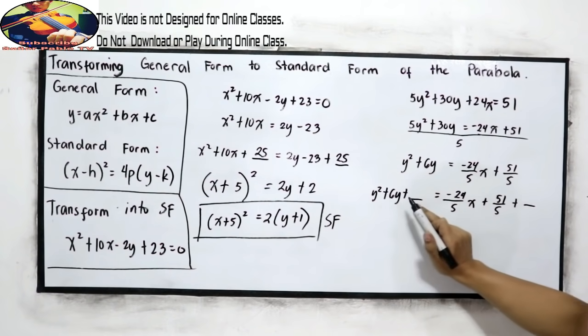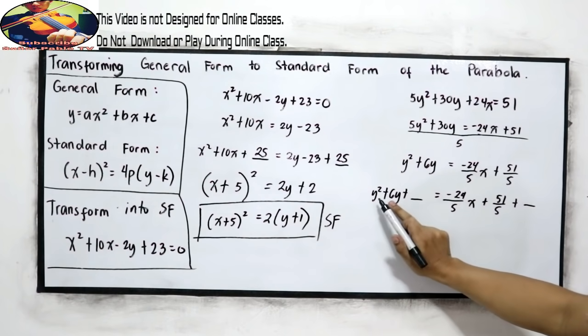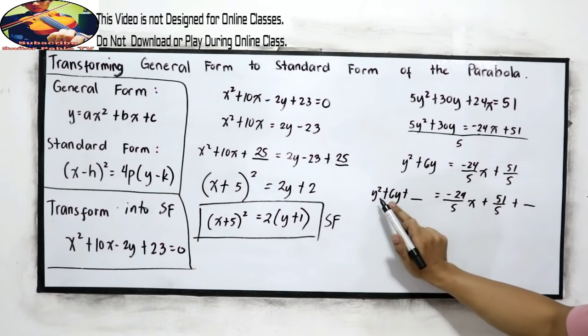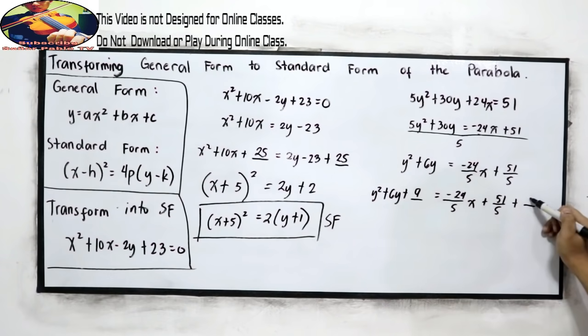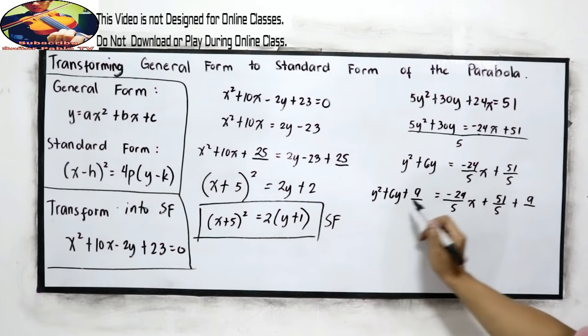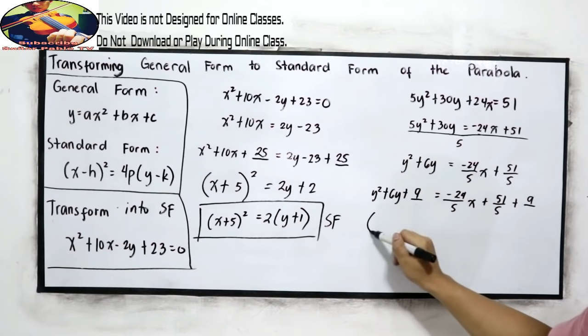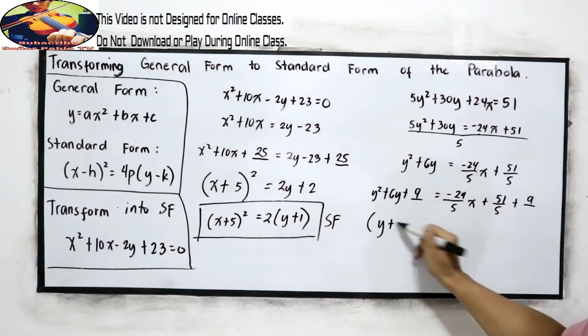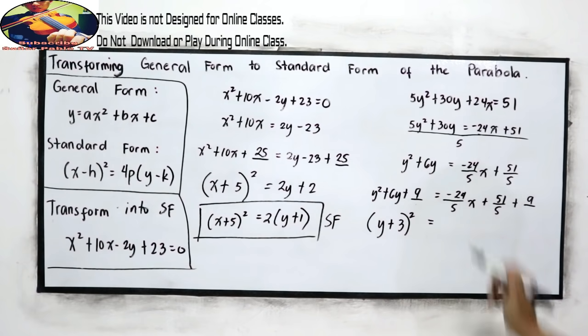Now, get the third term. Middle term, 6 divided by 2, that is 3. 3 squared, 9. Added 9 on the left, add 9 on the right side. Okay, this is now a perfect square trinomial. Write into square of a binomial, that is y plus square root of 9, 3, squared is equal to,